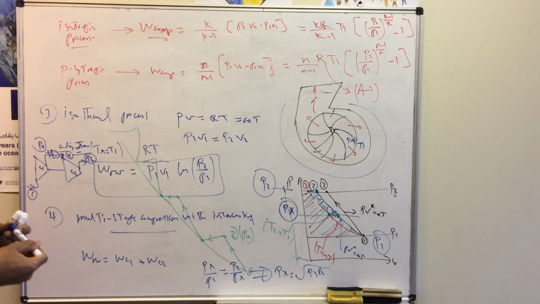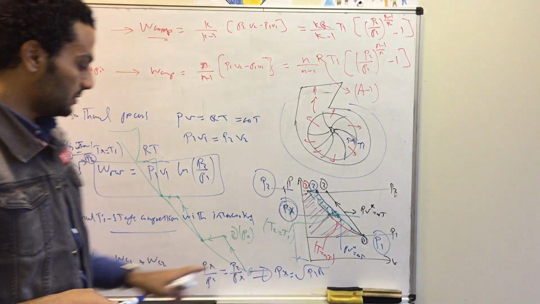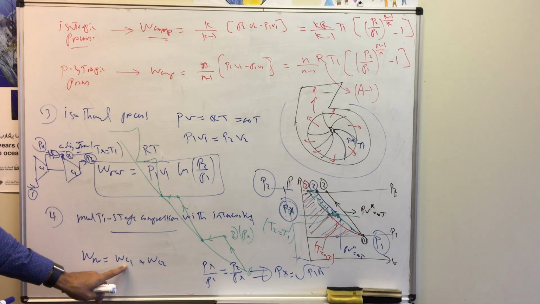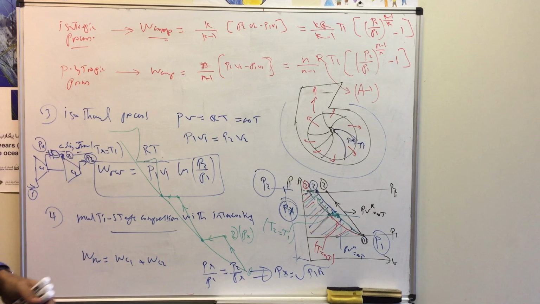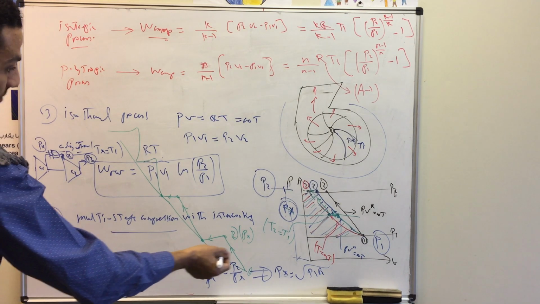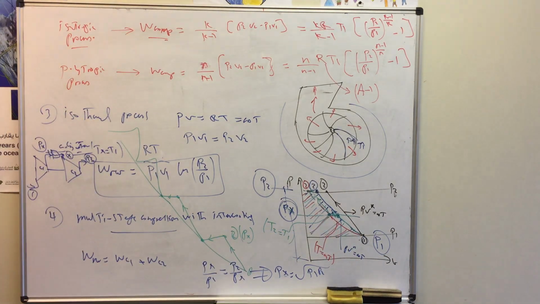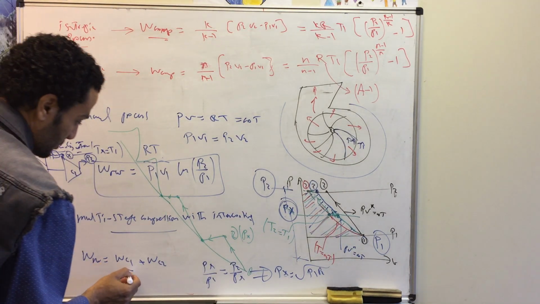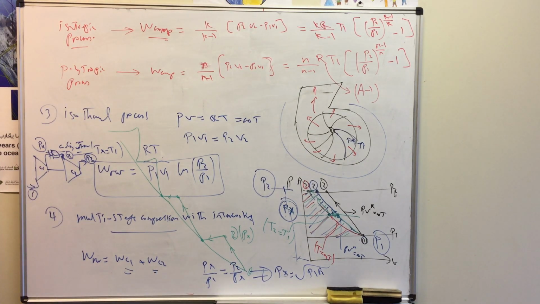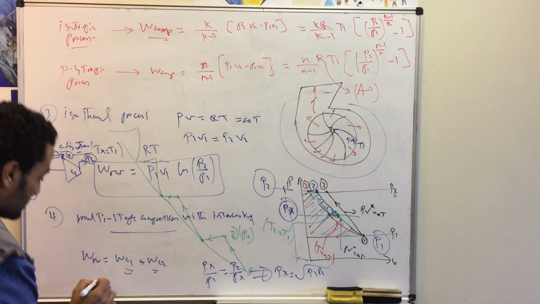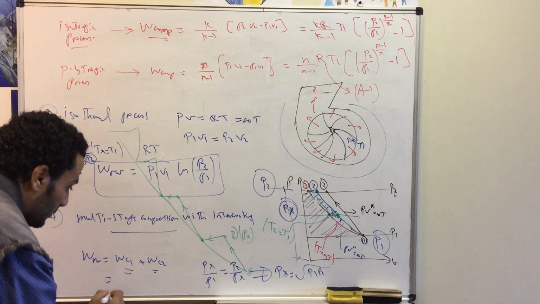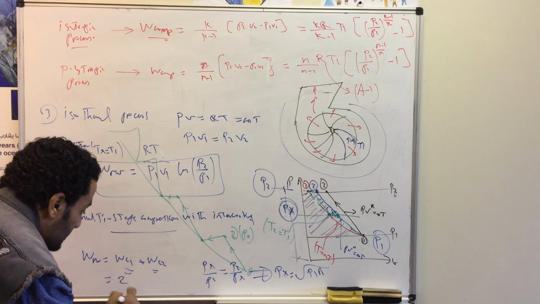As we have the same pressure ratio, this means we have the same input work. Work of compressor 1 is the same as work of compressor 2. And we said from state 1 up to state X, we are following a polytropic process. So in this case the reversible work will equal 2 multiplied by the work of one